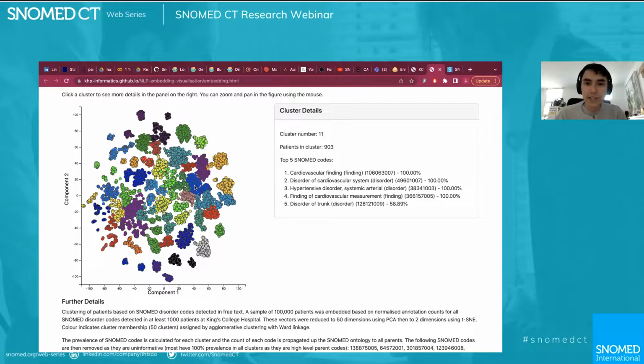Whereas a cluster next to it is, I guess, relevant for a characterization of these patients. Their top 5 SNOMED codes tend to be cardiovascular and hypertension. So a bit more cardiovascular here. If you go to another nearest one, there is quite close hypertension. And so you can see maybe we're going a bit more into the metabolic area, so I'd probably expect a cluster near to that. Well, there you go. You've got diabetes and endocrine disorders as well.